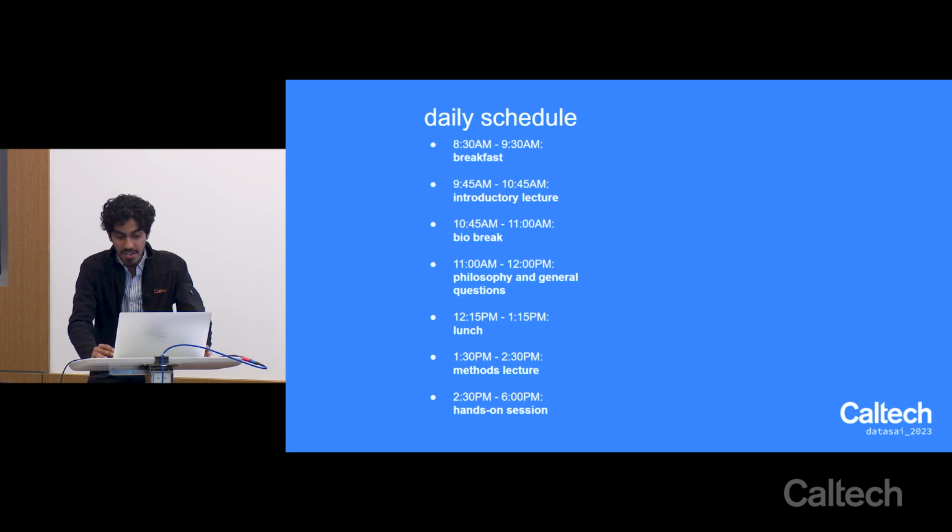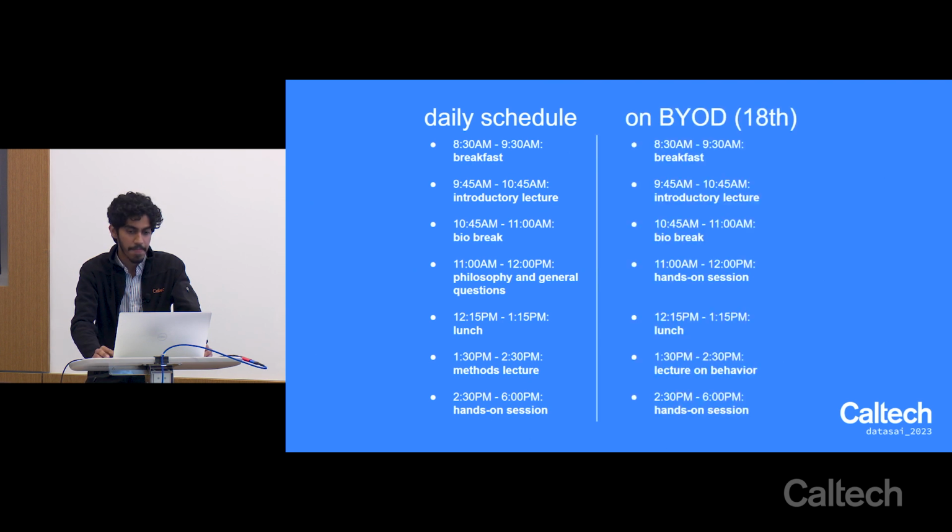And then after lunch is where we're going to dive into specific methods. So every day you'll learn a different kind of tool or technique. And in the hands-on session, which is a big chunk of time, you'll actually apply these different techniques on a sample data set that we provide. So today you're going to do this on some example hypothalamus neural imaging data. But tomorrow and the day after, you'll use different data sets to do that.